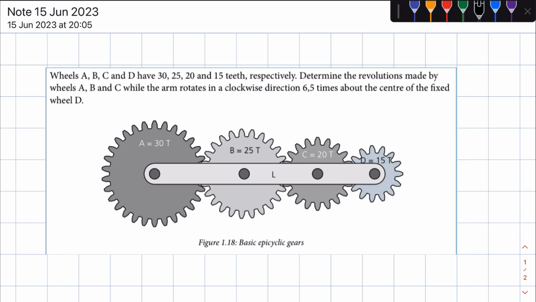This is the beginning of a series where we'll be looking at problems based on epicyclic gear systems, or different types of epicyclic gear system problems. To start things off,